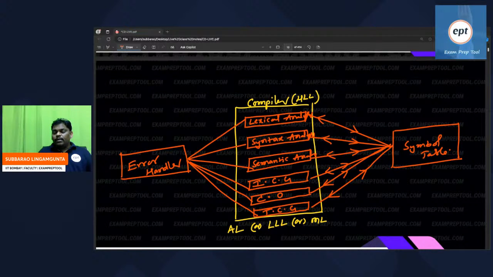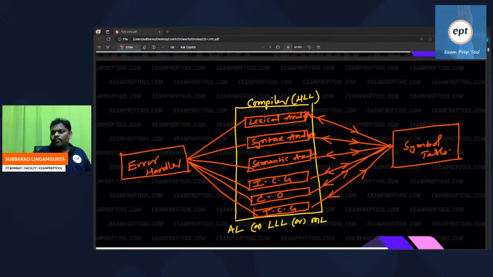So the last ones, see this. From the top, the fourth one is the intermediate code generator. The fifth one, code optimization. The sixth one, target code generator. Sir, whenever these many functions are going on, where do I note down some valuable information? In the symbol table. Sir, whenever this much is going on, there may be a chance of some errors. Who will handle it? Error control, the error handler.